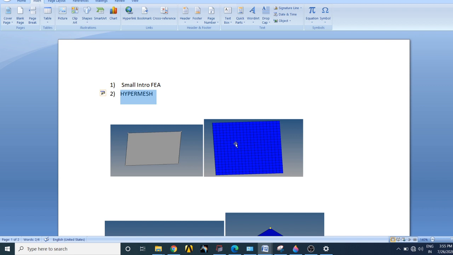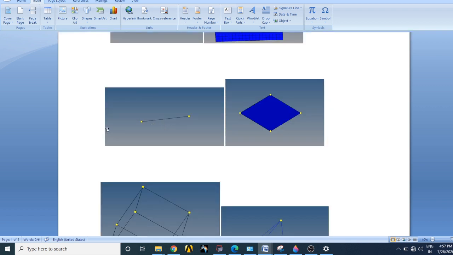This is virtual, not real. These elements are just imaginary modules. The actual part is this. In each element we have four nodes. We will discuss the particular nodes and different types of elements later on.